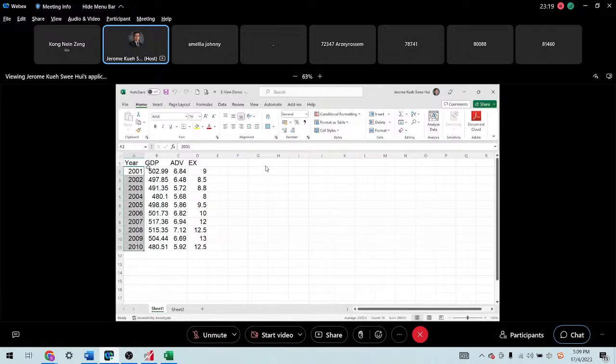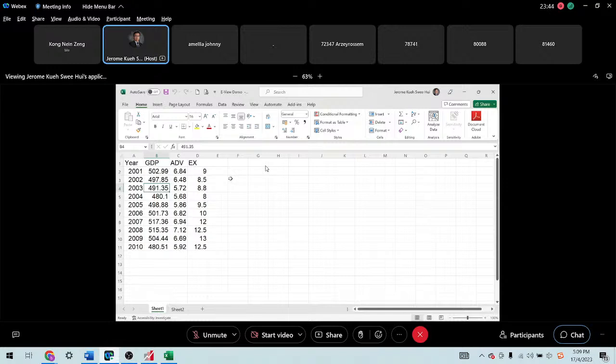This also goes for the variables across different years. So GDP, advertising, maybe these are just other examples of variables that you can include. This is how it looks in Excel. But of course, we need to transfer all this data to eViews.